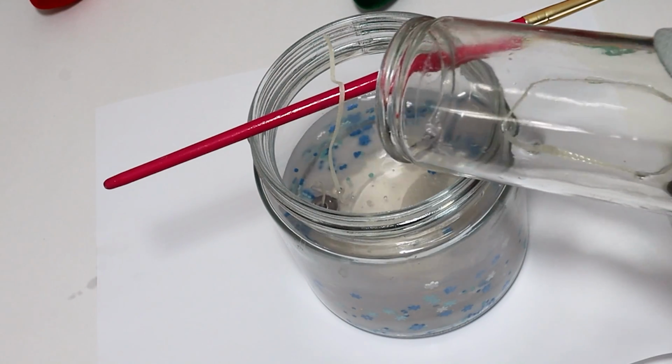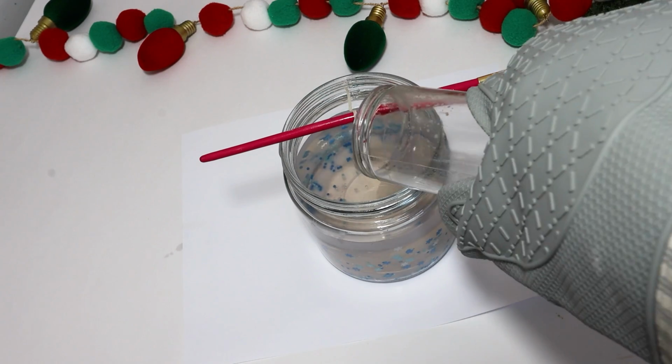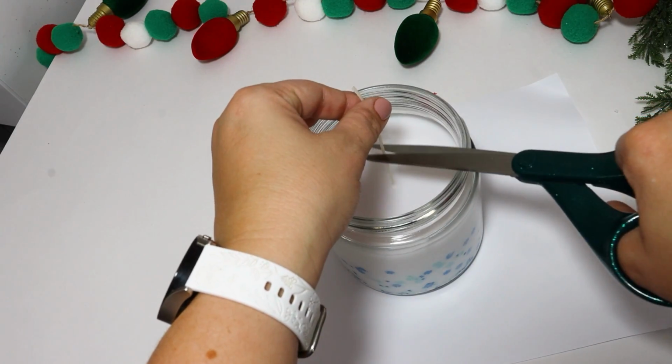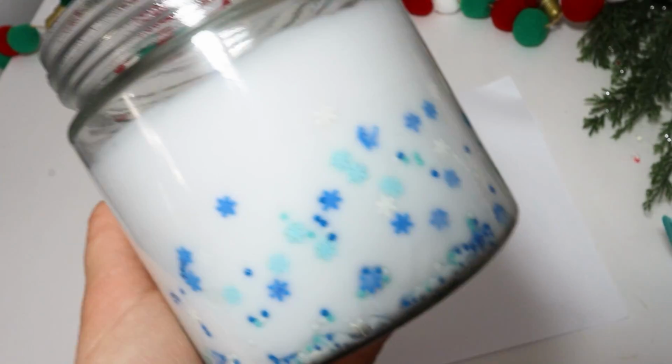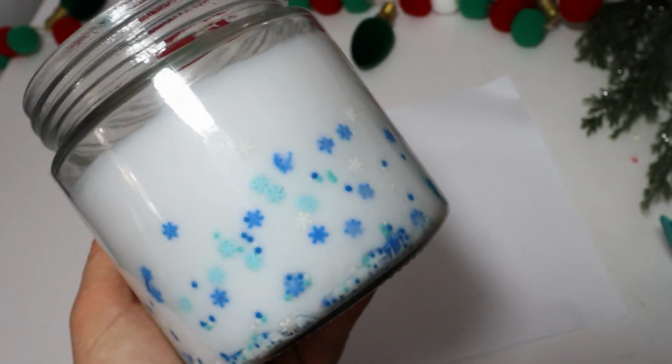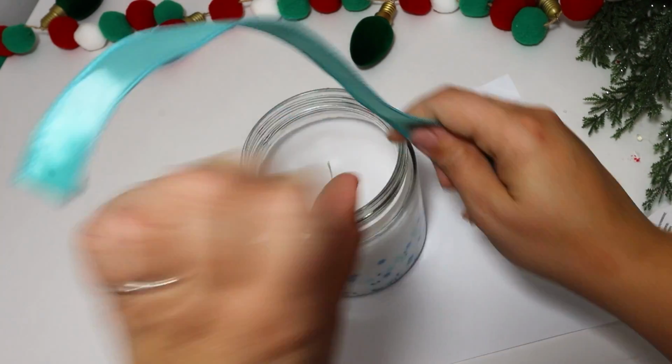But I melt these down just by sticking them in a pot of water on my stove top at medium heat and just let these take their time and warm up and melt down. It does take about 3 candles to fill up one of these jars. And this is like the smaller jar from that canister set that Dollar Tree has out, but it still is